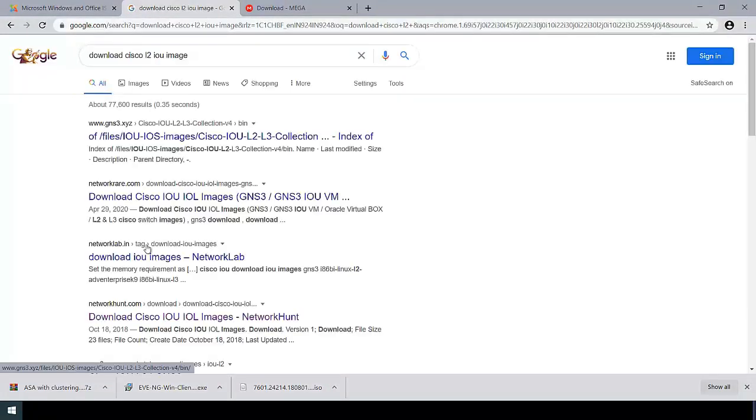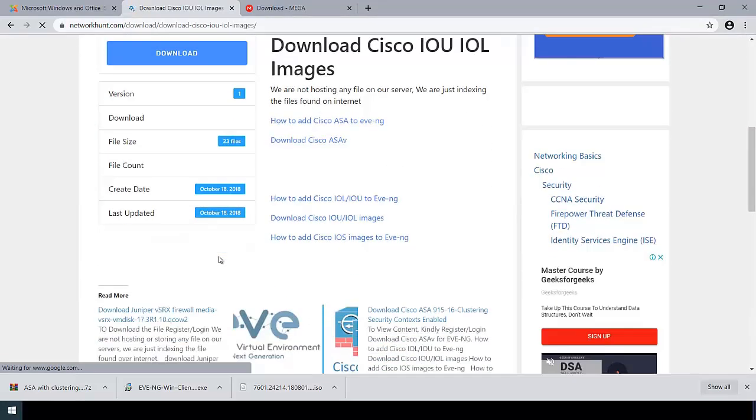Search for Cisco L2 IOU image. Let's try it from Network Hunt as well.